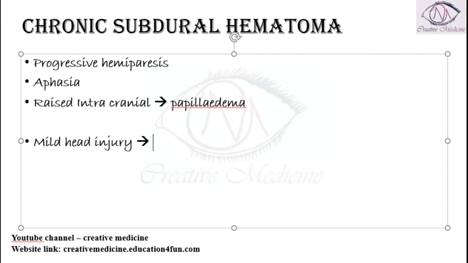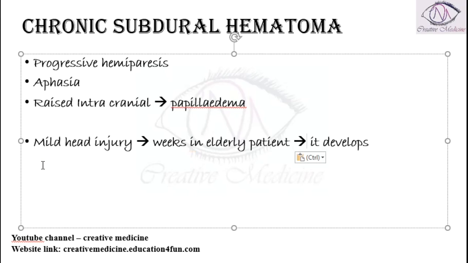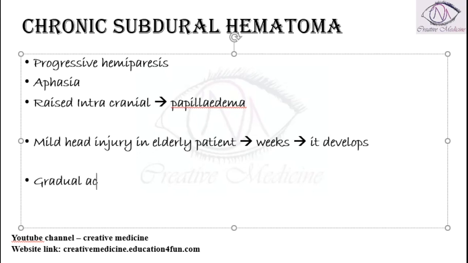Okay, next, here in chronic subdural hematoma, the patient will have a mild head injury. After sustaining a mild head injury, it develops in elderly patients. If an elderly patient has sustained a mild head injury, then after weeks of that, the patient will develop subdural hematoma. A mild injury in an elderly patient, and within weeks the patient develops subdural hematoma, because here there is gradual